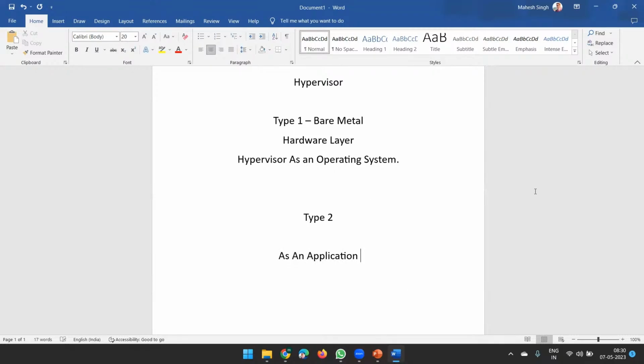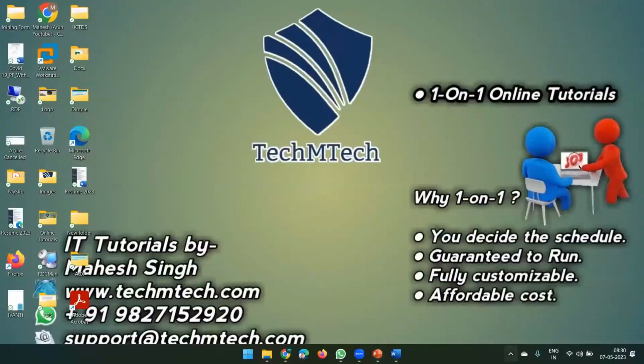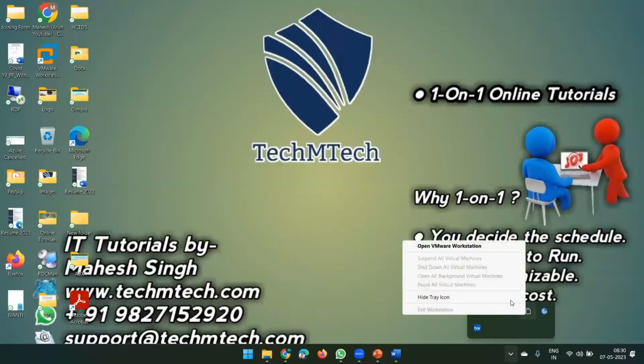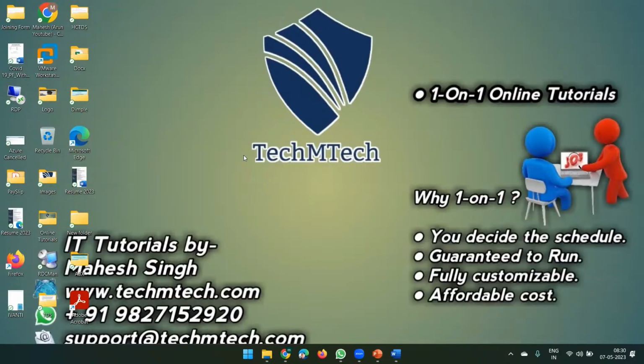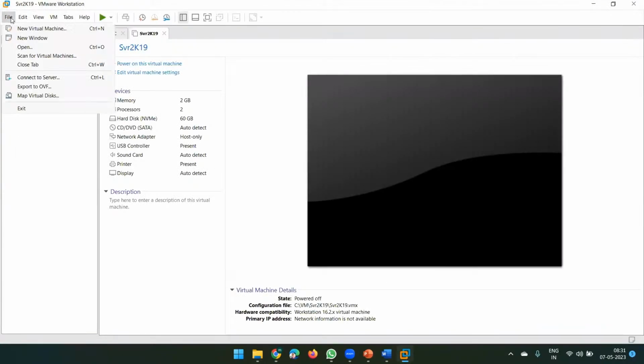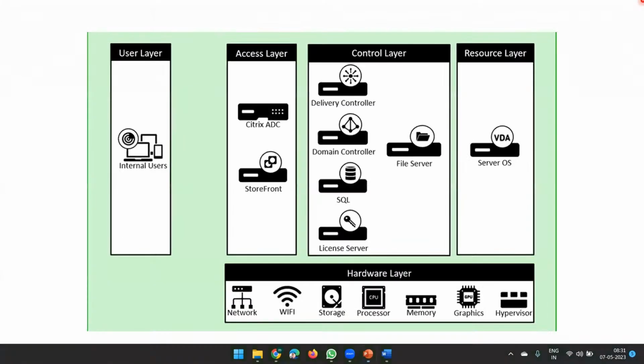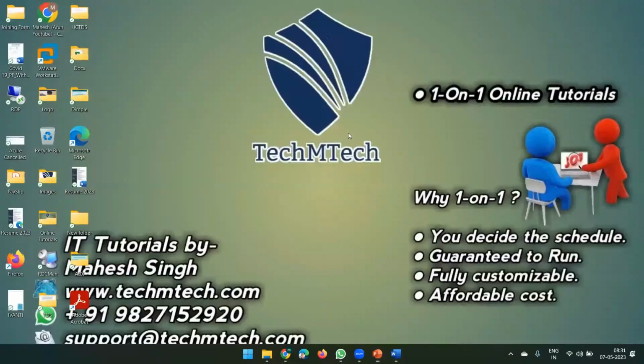Correct. This is my laptop, and in my laptop I have installed one hypervisor, which is VMware Workstation Pro. So in this laptop I have installed it as an application. In type 2, we configure the hypervisor as an application, and in type 1, we configure the hypervisor as